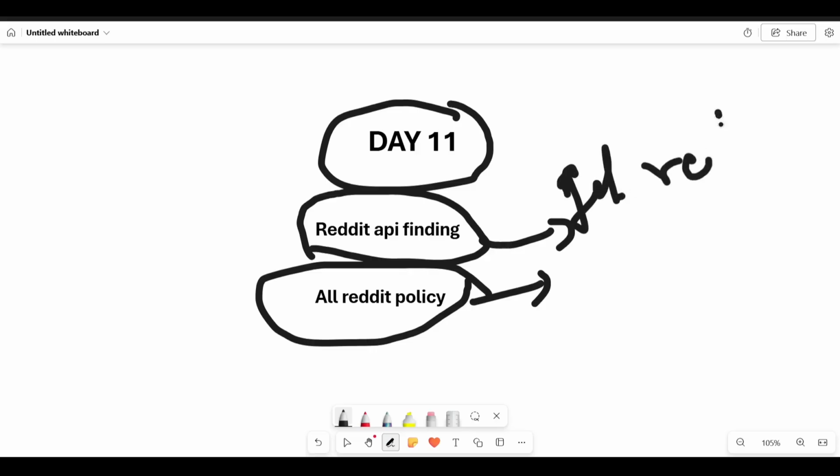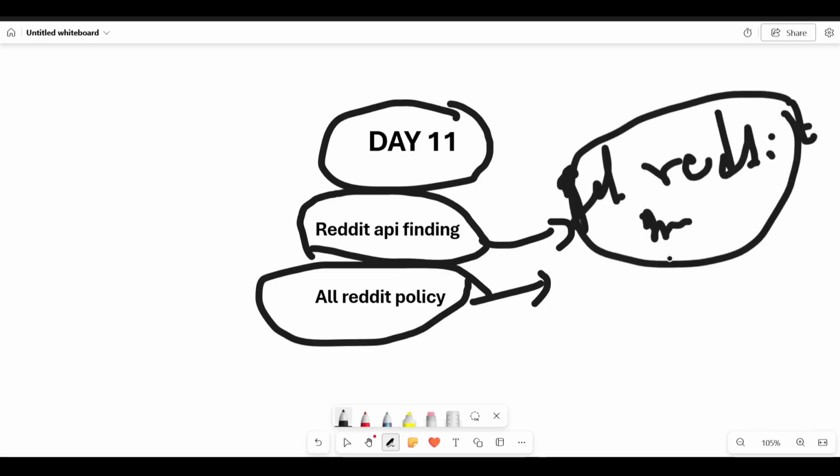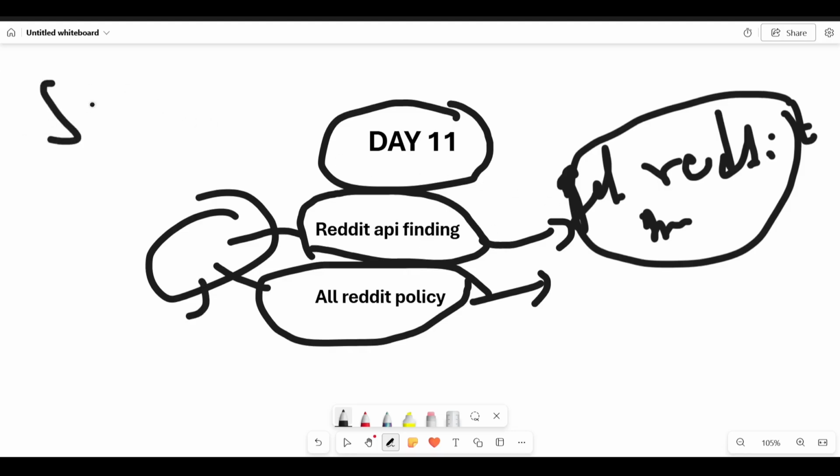So there are a lot of issues in finding a Reddit API. Let's check once again tomorrow. And if we can't get the Reddit API, we are supposed to build the full SaaS on a scraper, or Apify also provides a Reddit API. So that was the thing. Let's do it tomorrow.